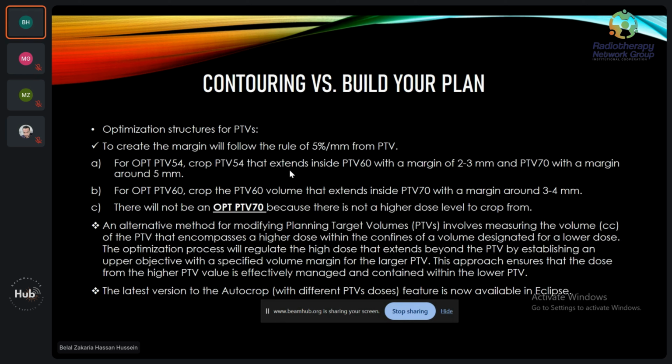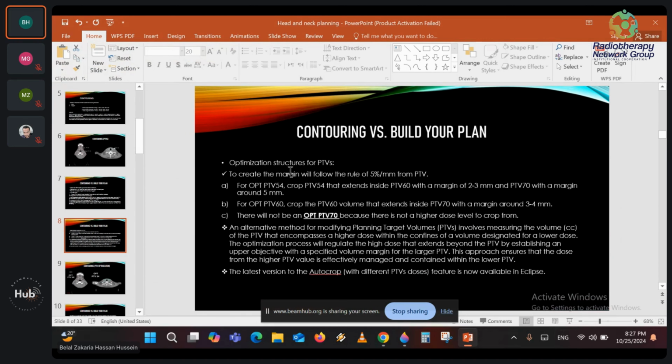For the optimization structure for BTV, to create the margin we will follow the rule for how to make the crop of our BTV: we follow the rule of 5% for each 1 millimeter from the BTV. If we need to explain this area,